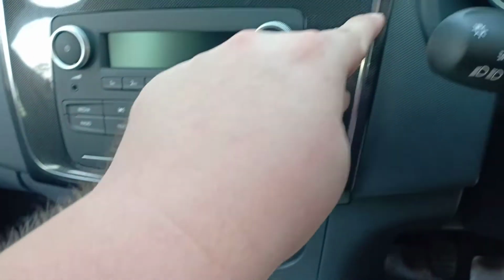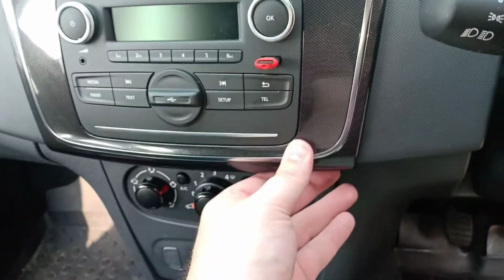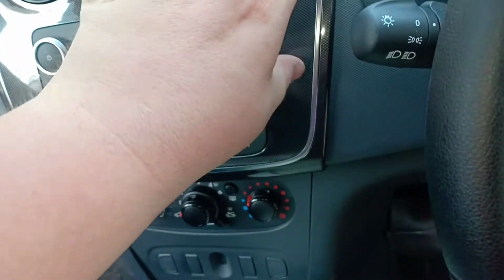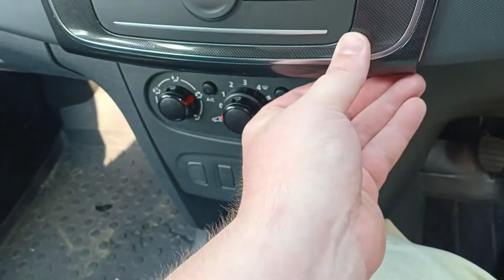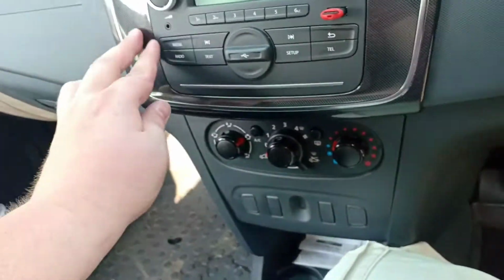I'd pushed this one in a bit too hard, so I had to pop that back out, push the bottom in. Then that, well, I didn't pull it all the way out, but just so as it had a little bit of give and flex here, so as I could push that one up and in. Then the middle one went in, and then this one went in, and then clip,